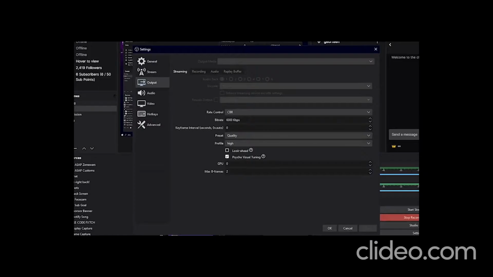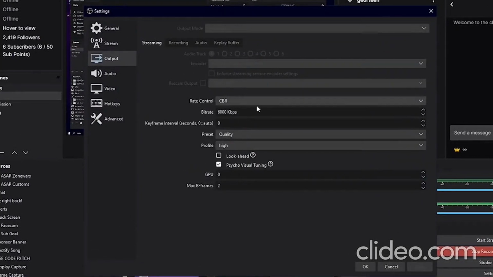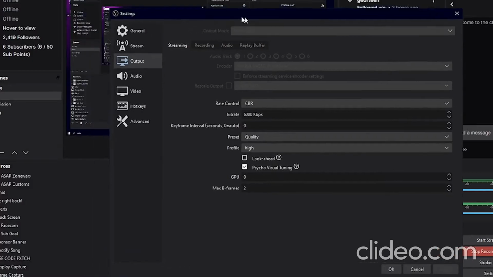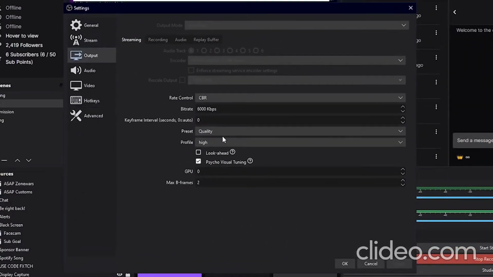But hopefully that makes sense. It's all dependent on your upload, so you can only copy this if you have similar upload speed to me. Everything else, obviously, if you want to focus performance and your game to still look good, I have my preset